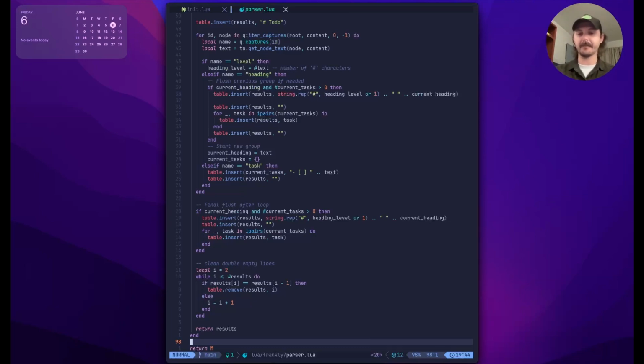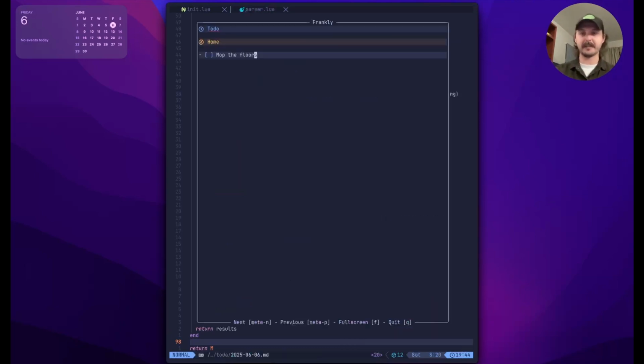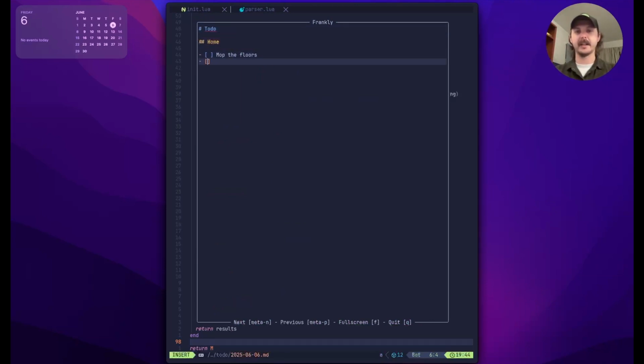So now anytime I want to, I can open this up and I've got my little to-do. And I can keep adding to here. I can say home. Well, let's put this in H2. We'll say personal. And we can say,